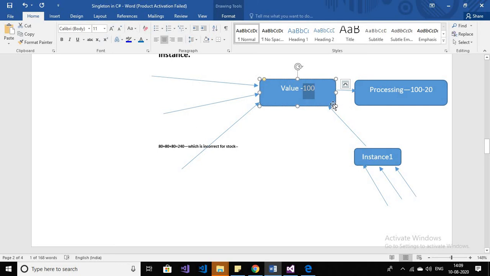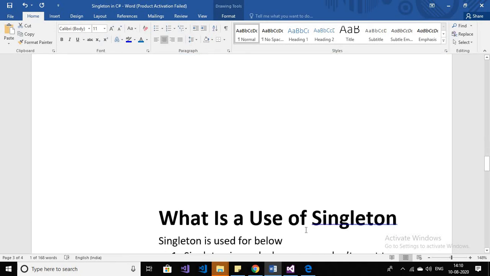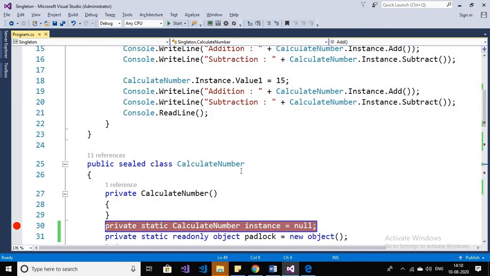So the first one is asking, then it will give 80. The second one asking, then it will give 60. The third one will ask, then it will give 40, because this is an updated one, and there is one instance, so there is no chance of mismatching the value, no chance of repeating the same value for all the customers, because there is one instance, and that instance is updated one. Okay, so now just have a look at one example.